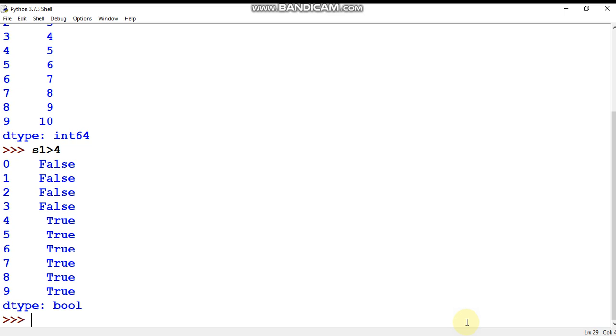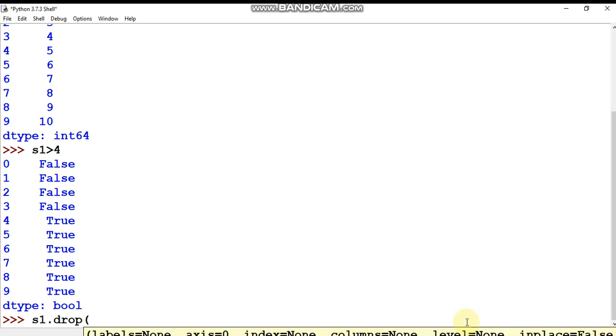Here a series I have created, s1.drop, and here just pass the index of the element which you want to delete. Listen once again, just pass the index of the element which you want to drop.